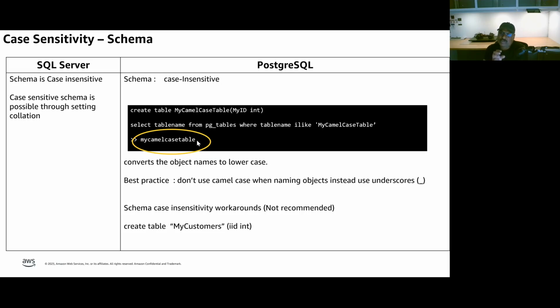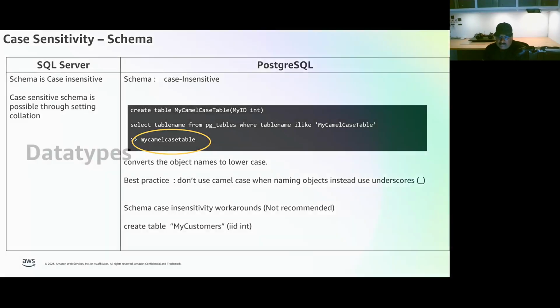So it's recommended to use an underscore naming convention to avoid any such confusion. But knowing this difference is pretty important, because in one of the workloads I was working on, the table names and the stored procedure names used camel casing, and after migrating to Postgres, without knowing that it converts to lowercase, it led to a lot of confusion, because from a readability standpoint it's so hard to read some of the object names when everything is converted into lowercase. So this is one thing you need to pay attention to when migrating from SQL Server to Postgres.